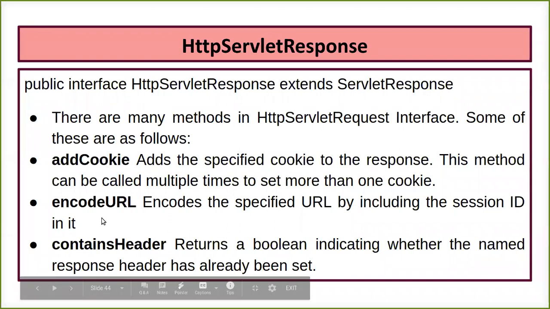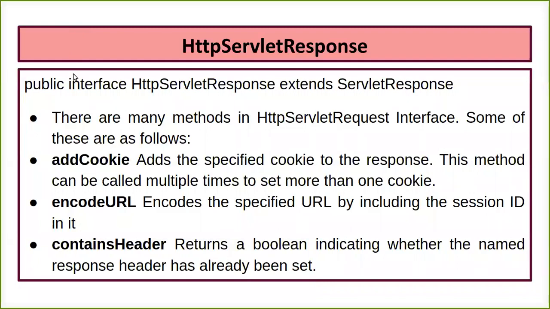Okay, now the next one is your encodeURL. That is nothing but it is going to do the encoding, or you can say authentication. Whenever sending the response to the client, it will also send one more thing, that is your session ID. Okay, that will be a unique ID. If that ID has been allotted to one particular user, it is not used anywhere else in any part of the world. Once the session expires, the ID is going to be freed, and it can be allotted to someone else also.